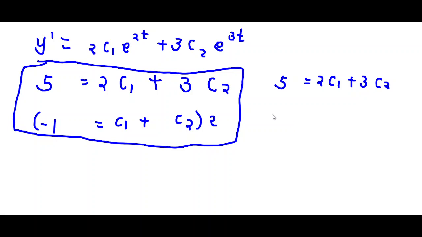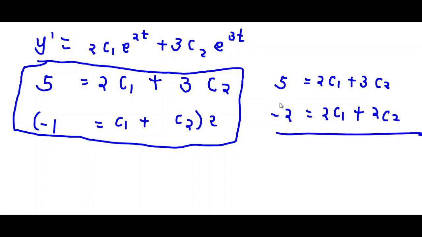So we are going to be left with -2 equals 2c1 plus 2c2. When we subtract, 5 minus -2 is 7 equals, this and this cancel, 3 minus 2 is 1, so the value of c2 will be 7, and we can just replace it here and say 5